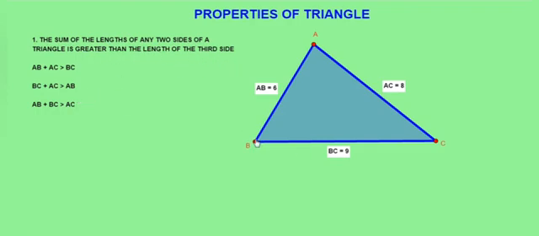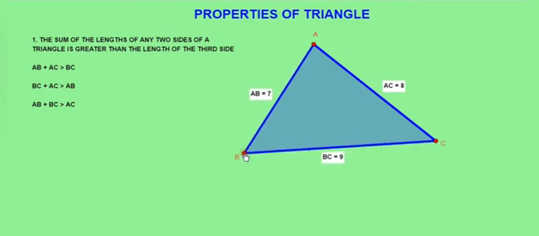Okay. When I move this angle down, now look at here. What is BC? Second one, BC is 10 plus AC. AC is 8. 10 plus 8 is 18. 18 is also greater than 7.